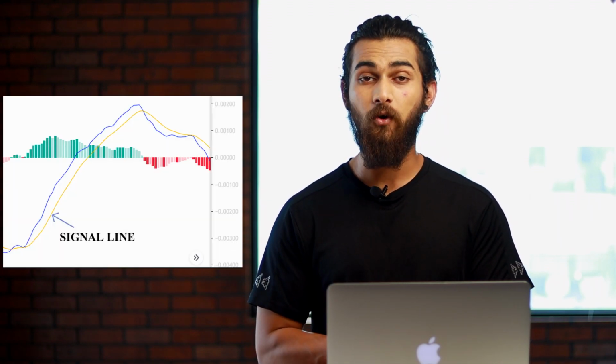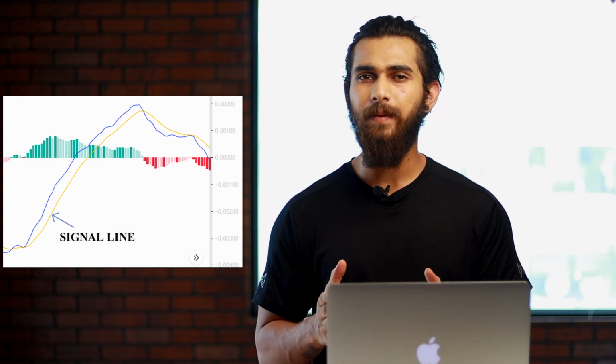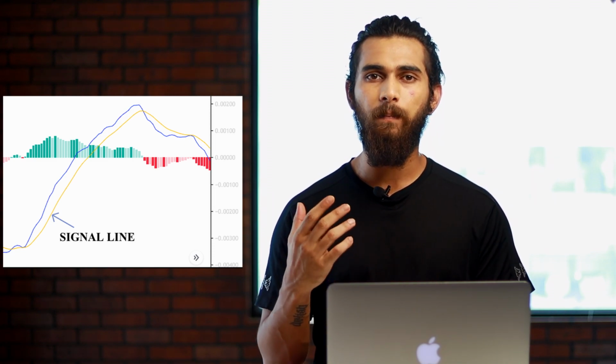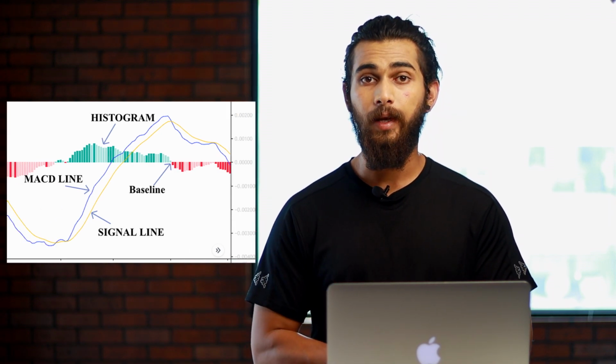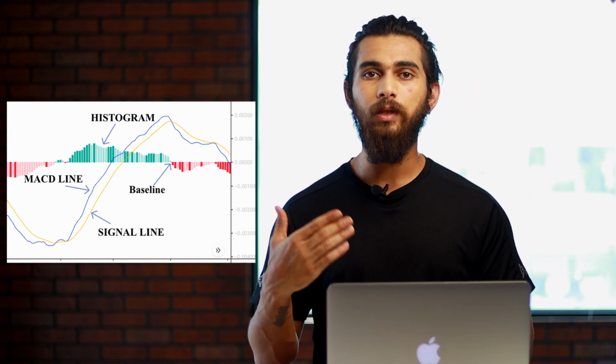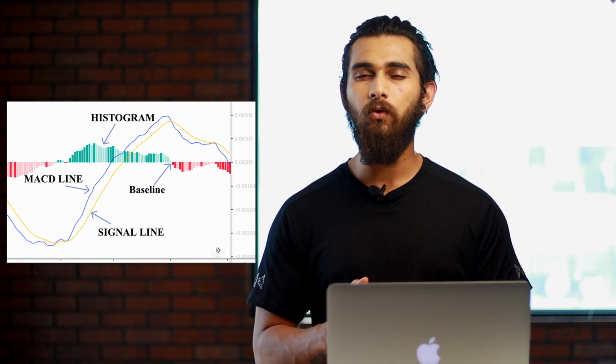And as a single EMA is not reliable, another line is plotted on the MACD line. This line is the EMA of the MACD line and called a signal line. Now, as the name suggests, this line is used to spot buy and sell signals. I will tell you how traders use this indicator later in this video. But first, let's understand the mechanism of MACD. Now, these two lines are plotted over a baseline, which is at level 0, and also a histogram is drawn over this baseline. Let us now go to the chart and understand MACD properly.